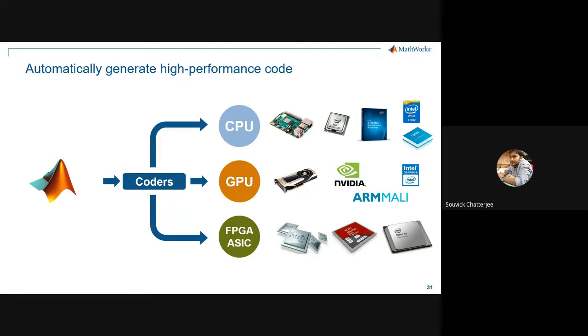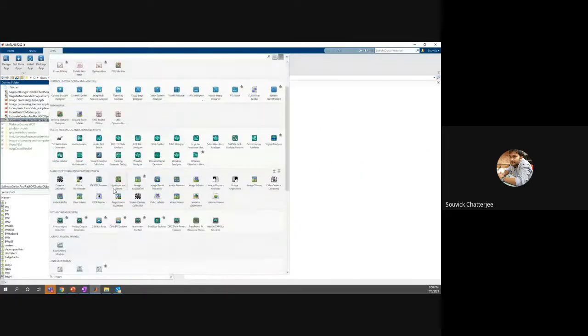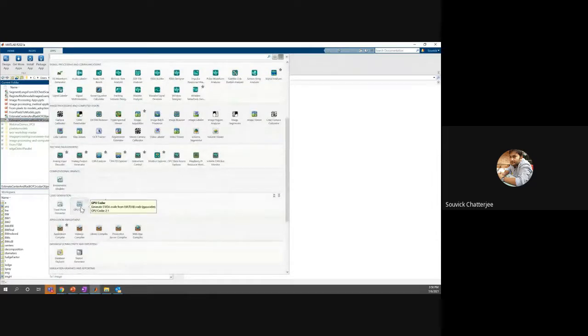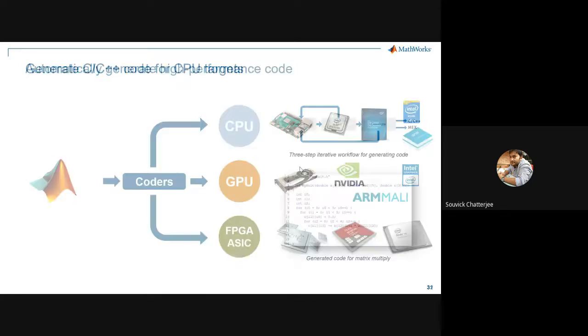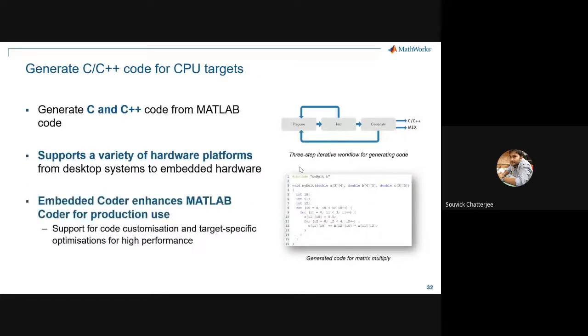Let me actually show this app here. Inside here, you can see that there is a GPU Coder. GPU Coder converts any MATLAB code to CUDA code. CUDA code is for NVIDIA boards. We have done a lot of things with a bunch of research institutes where we have worked with taking images and putting that on an NVIDIA board or a Raspberry Pi. So that sort of thing you can do. Using GPU Coder or MATLAB Coder, it generates the C code automatically out of MATLAB code, so you can target all these processors as well. All these hardware integrations and the code that comes up are completely validated, optimized for that hardware, and ready to use for any industrial application. So that's pretty easy. You can generate your C++ code and stuff.